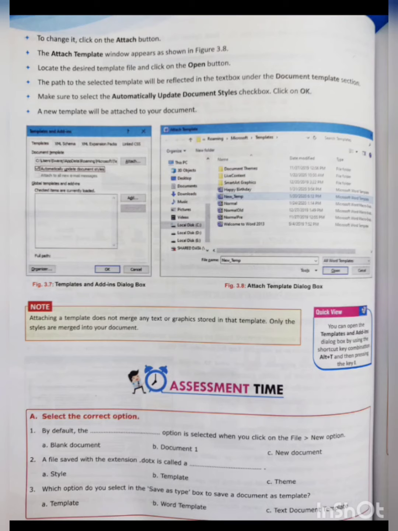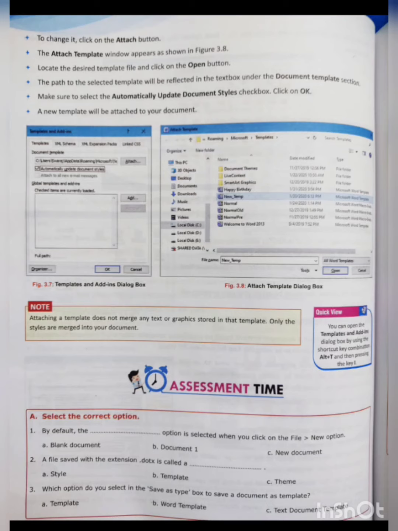Now you attach that template to a new document. Only the styles will be applied to the new document, not the images or the text.